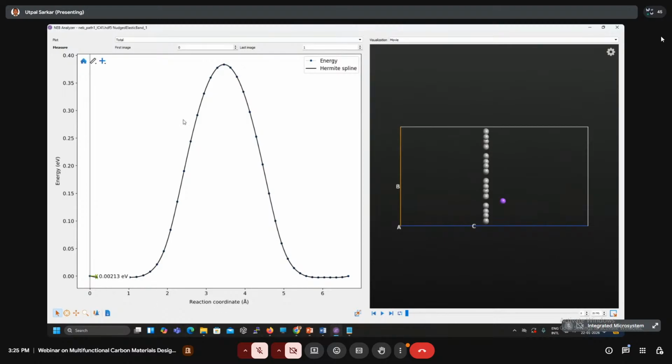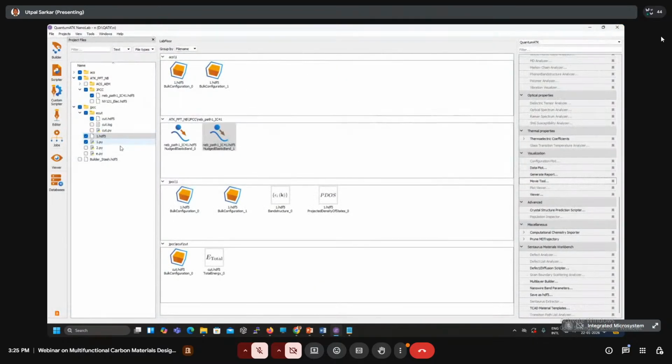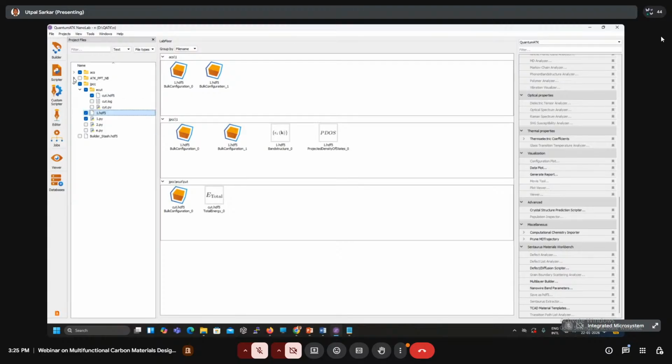And the circle points are the number of images that we have used for the NEB calculation. And the open circuit voltage and other properties like the maximum theoretical capacity are all calculated from formulas, which are based on the